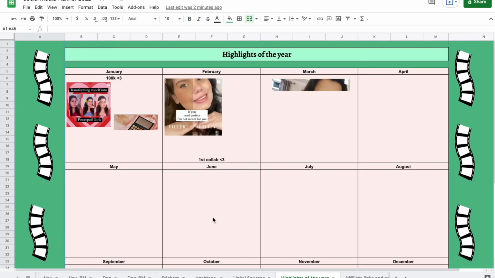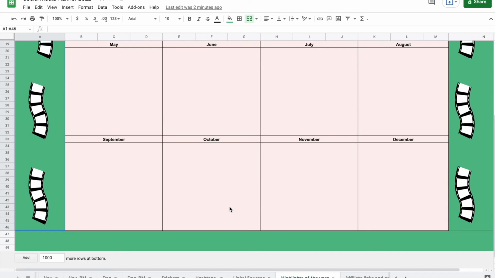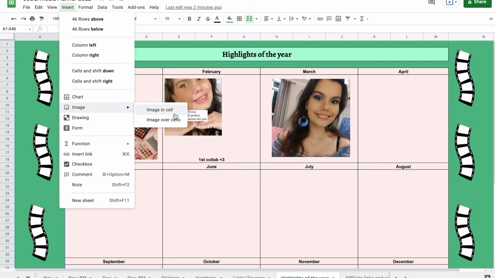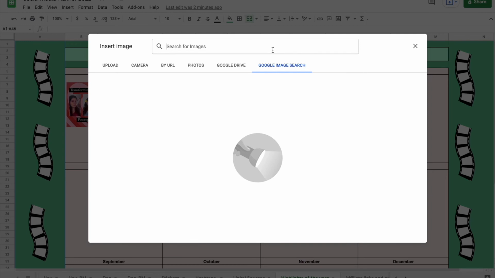Another thing I wanted to tell you is, you can actually add pictures and stickers all by yourself. You just go to the insert tab, go to image and choose image over cells, because then it does not restrict your image to a particular cell. So you go here, and if you want a sticker, you can Google search, for example, I want a star.